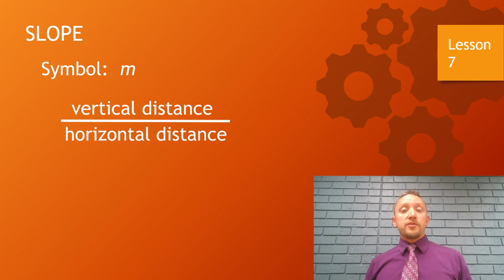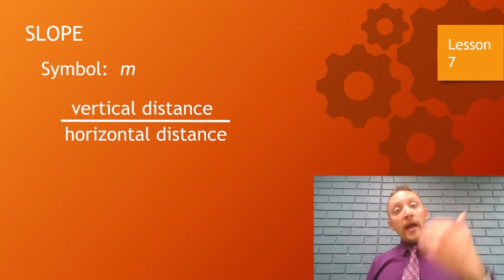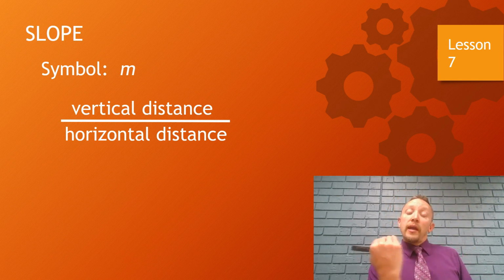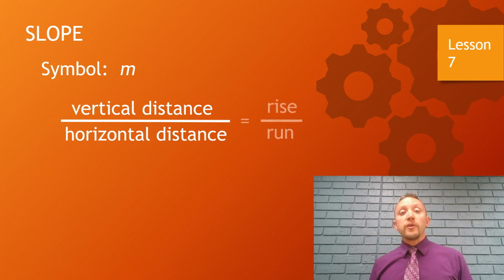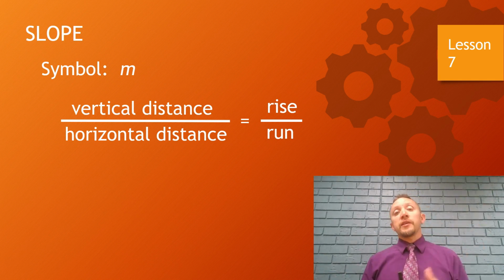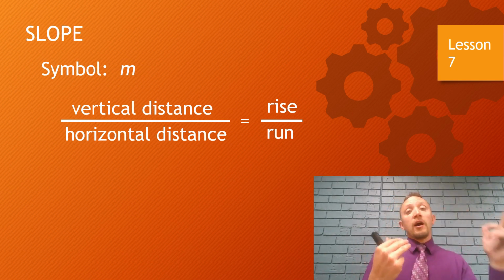Now, how do we find the slope? The way that we find a slope is it's what we call the vertical distance over the horizontal distance. Now, if you think about what we've been doing with graphing, the y-axis goes up and down, the x-axis goes horizontally. So the way that we're going to do this is we're going to say that it's the rise over the run, meaning how far from one coordinate to the next, how far up, and then how far over you